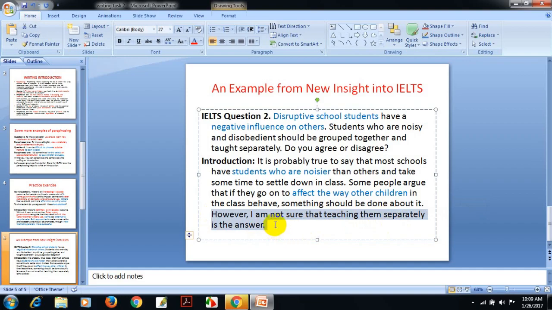What does the student mean here? However, I'm not sure that teaching them separately is the answer. Here in the question, disobedient students should be grouped together and taught separately. Here is, I'm not sure that teaching them separately is the answer. That means he wants to give other ways how those disruptive or noisier students can be managed in the classroom. Okay, in this way,